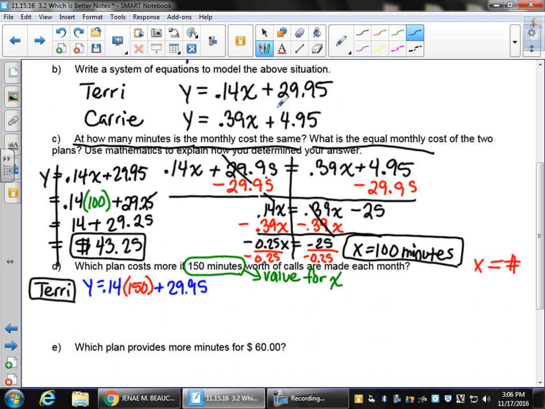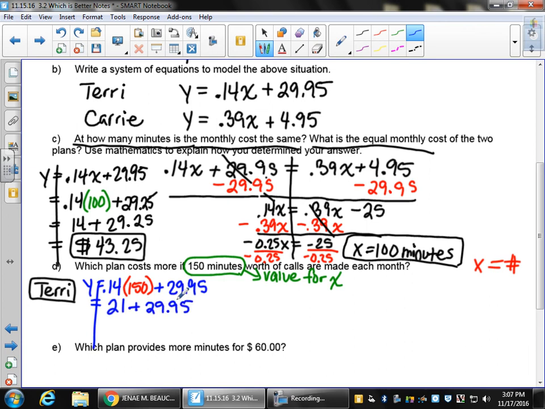A couple times if I'm rushing, I tend to pull these random numbers. I don't even know where they come from by accident. So sometimes I do that, and it could happen to you too. So just now I did a mental check. 0.14x plus 29.95. Okay, I'm good. So now we do 0.14 times 150 and get 21